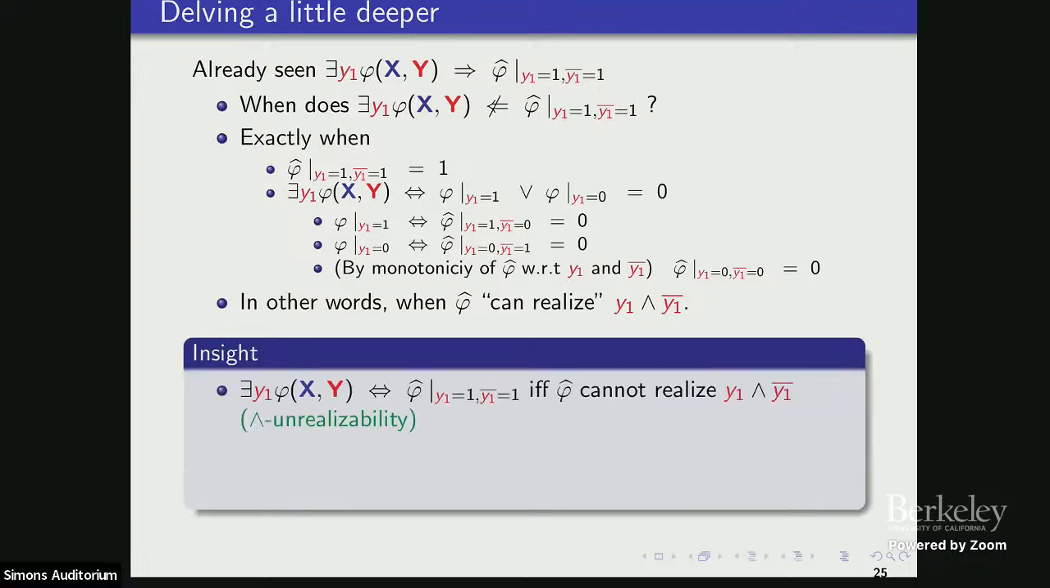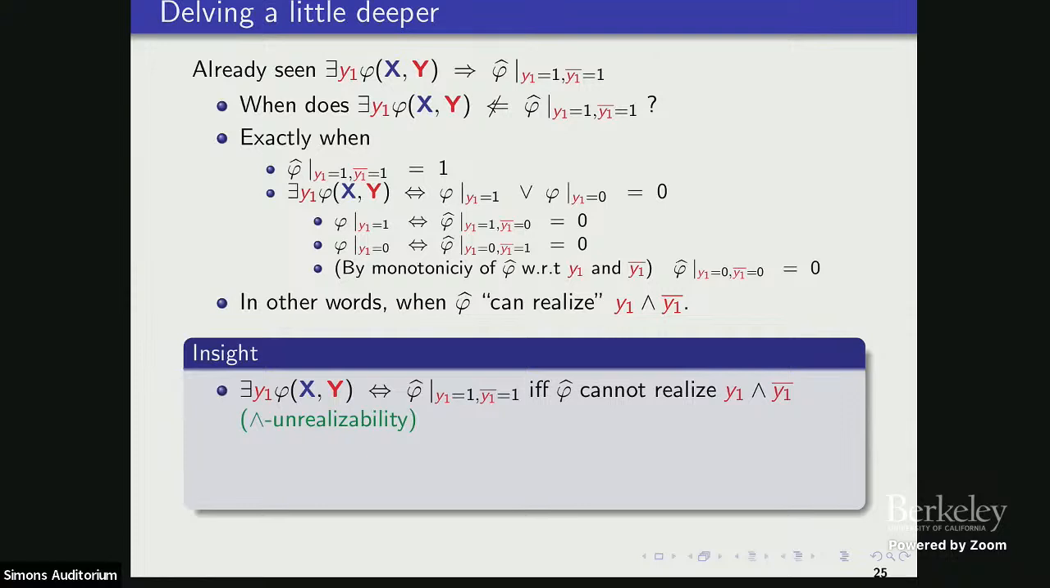So the insight that we gain from here is that if phi hat cannot realize this, which is what we also call the AND unrealizability, then we know that this implication must hold, and this implication in any case holds, then these two would be semantically equivalent, right? So this basically tells us that if I want to do quantification efficiently without a blow up, remember phi hat